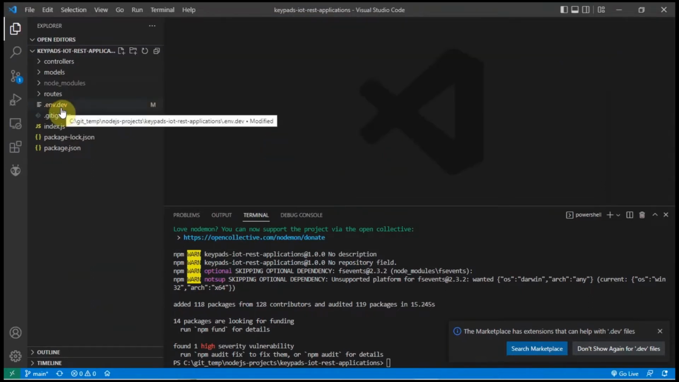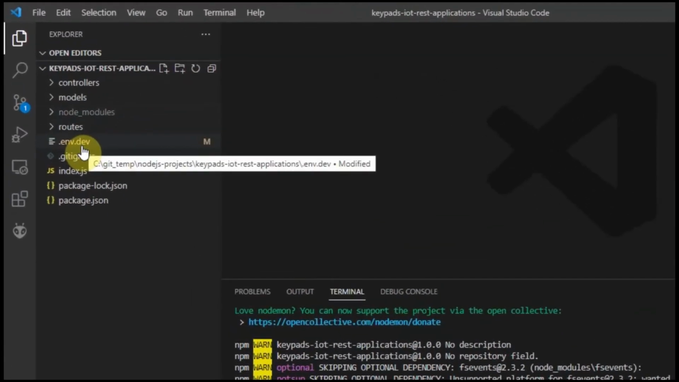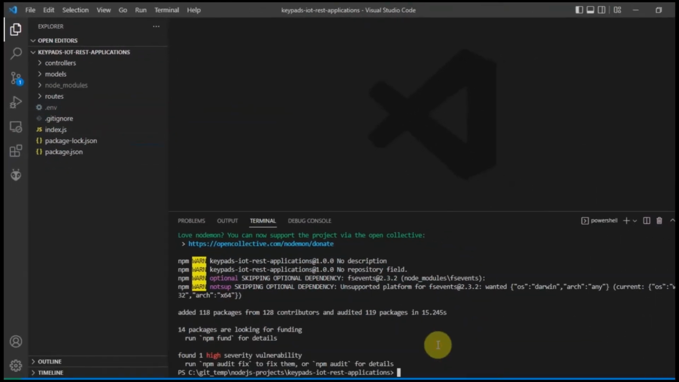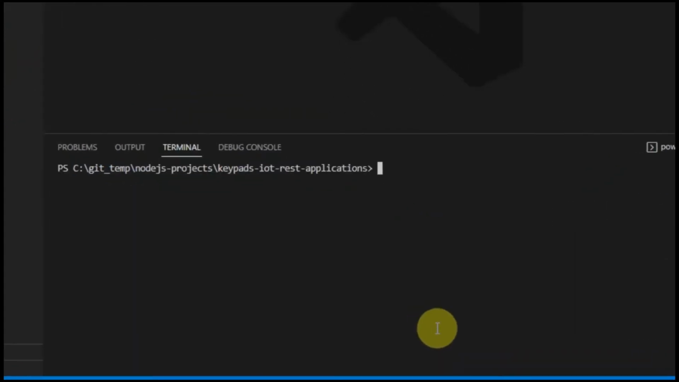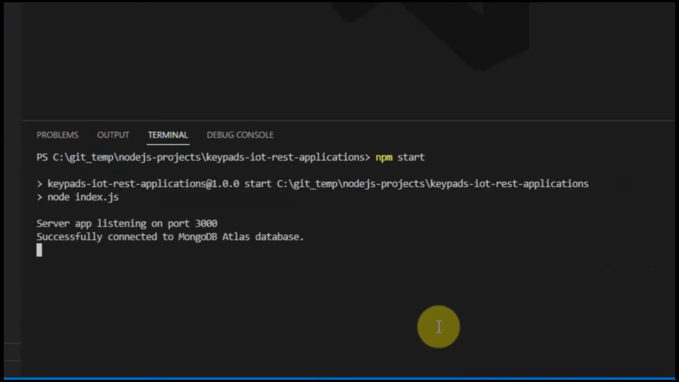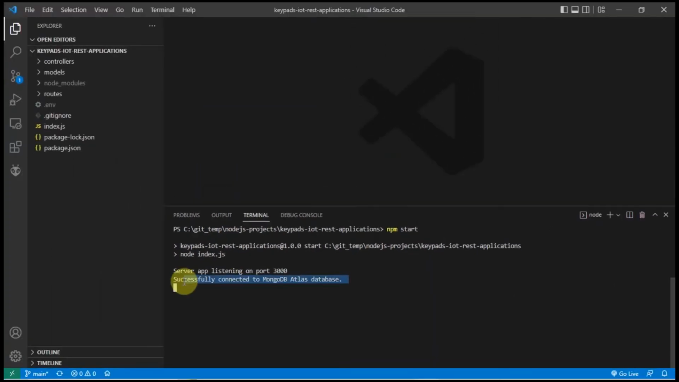Now that you have updated the .env, we'll just have to rename it and remove the .dev so that it will be just .env. Okay, now that the .env is renamed, the next thing that we will do is start our application. To start our application, just click npm and then click start. Then you would see that it's now listening on localhost 3000